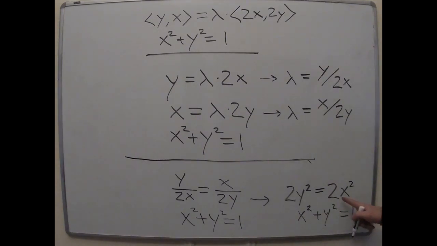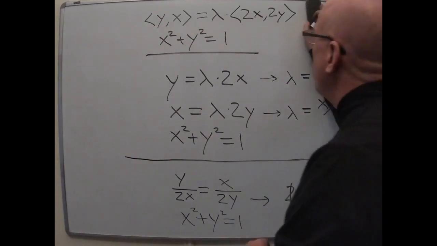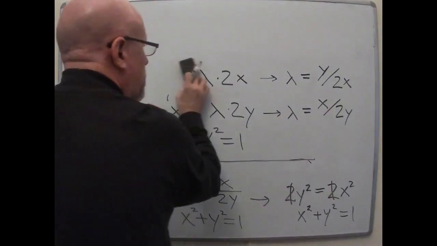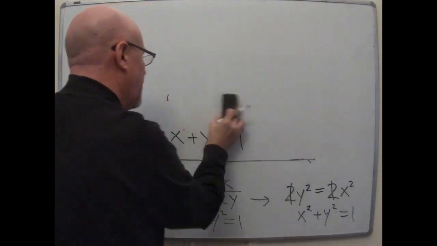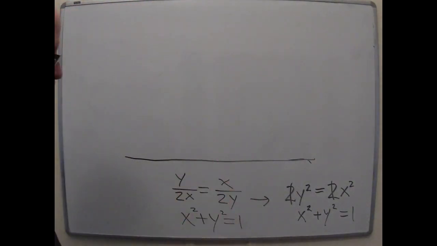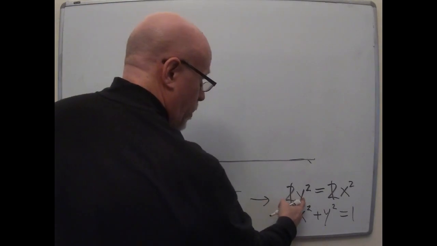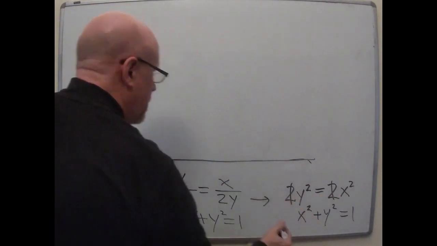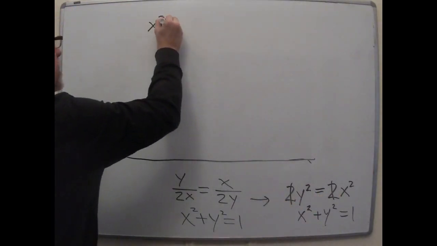Does it make sense that we can just knock off these 2's on both sides? Y squared is x squared. Great. There's a lot of steps in this algebra which I'm doing in full detail for you right now, but later we would be able to move a little quicker once we've got some experience with it. Anyway, substituting y squared is equal to x squared into this, we get that x squared plus x